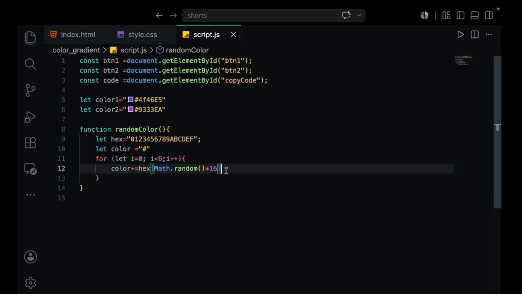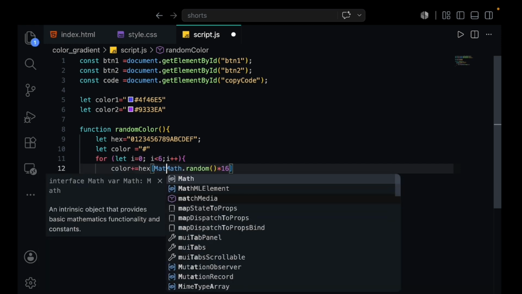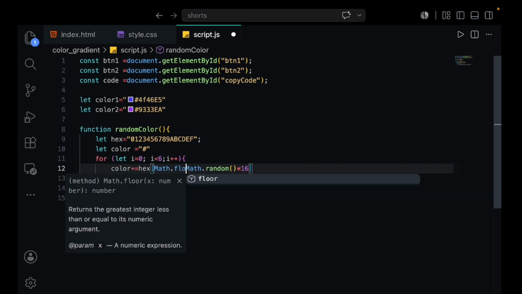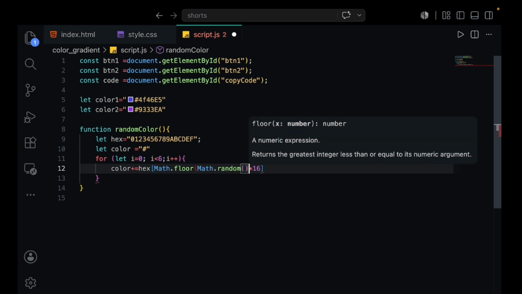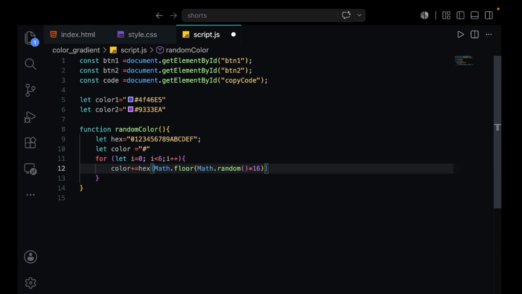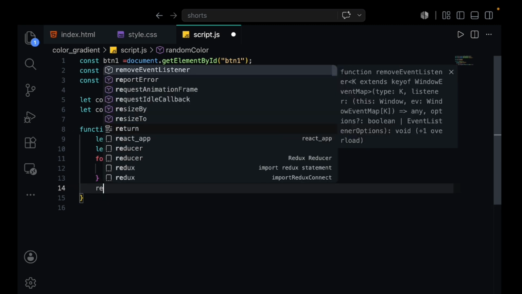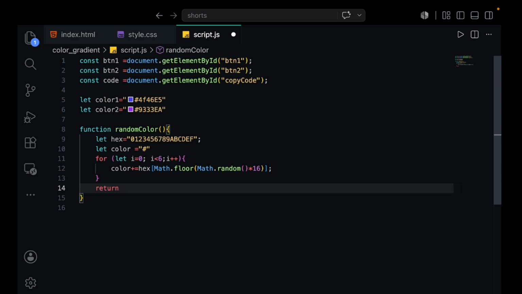So here we generate the hex color, but it will generate decimal numbers, right? But we want an integer. So for that, we're going to wrap it inside Math.floor. Inside that we have Math.random. Yes. And then we're going to return our color. So this function is basically going to return color.